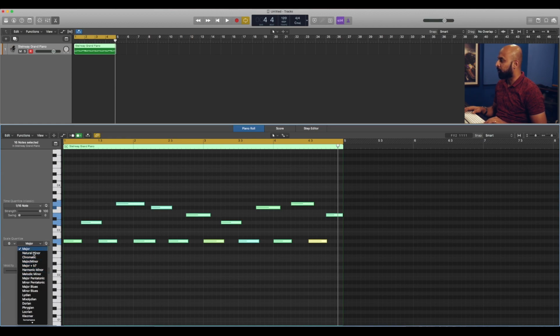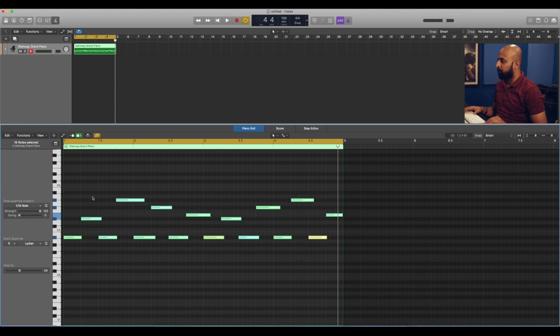You can already see that when I'm selecting a particular key or scale, the notes in the piano roll are moving automatically. Now in terms of scale, I'm going to take probably Lydian, and probably change the key to something else as well, and you can have a look that the notes moved by themselves. So now when I play this now,